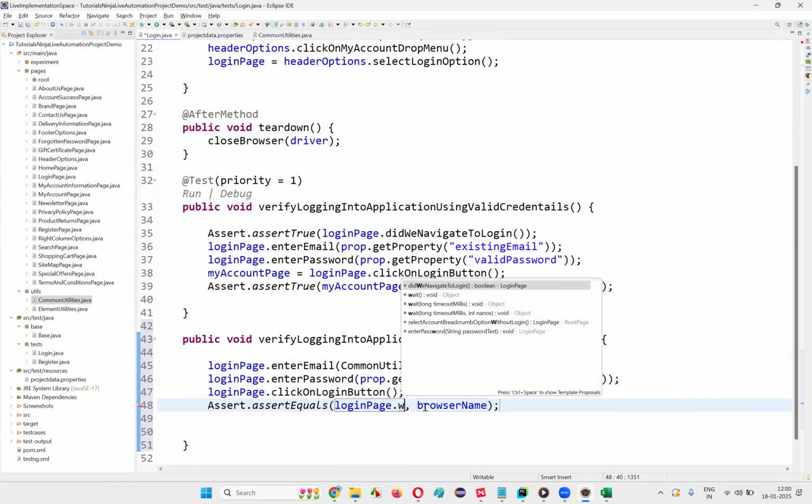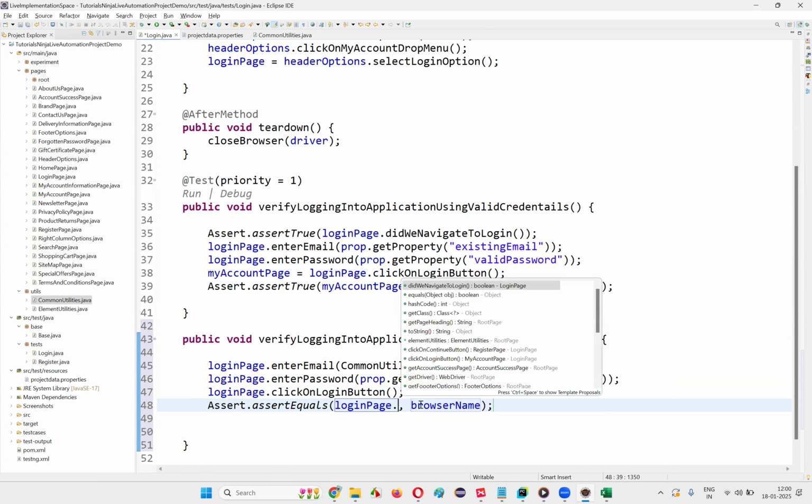What is that? Warning related method will be there. Login page dot. Nothing is there here. For example, if I go to the register page, where is the register page here? If I go to the register page to get the warning,